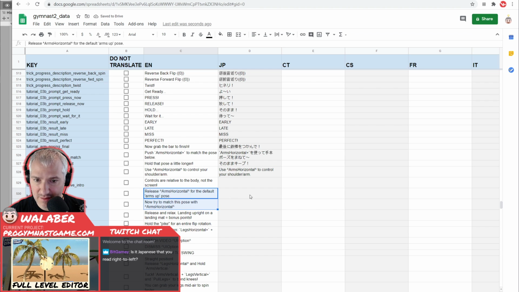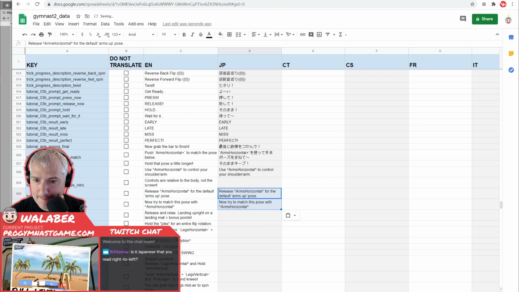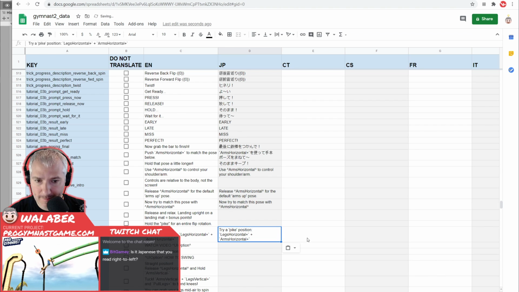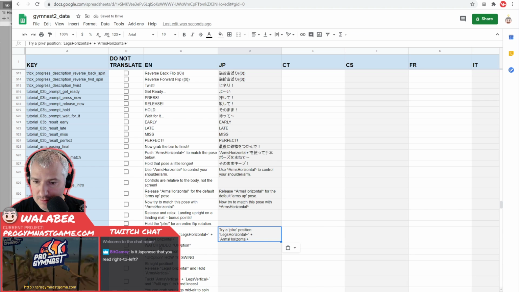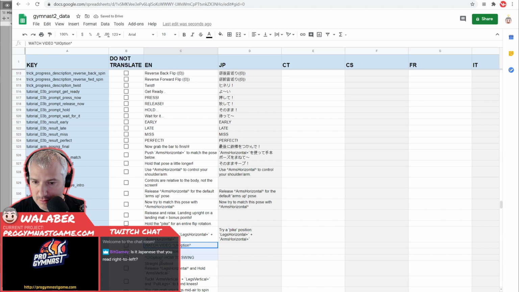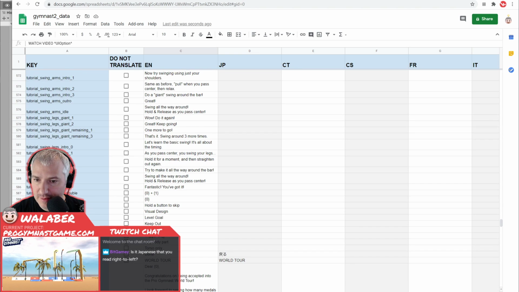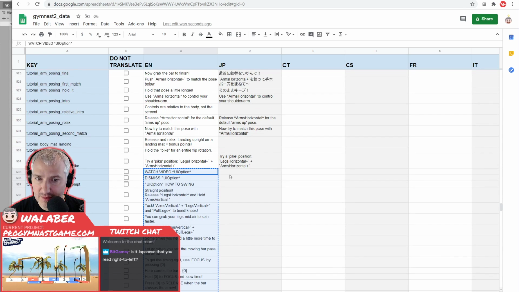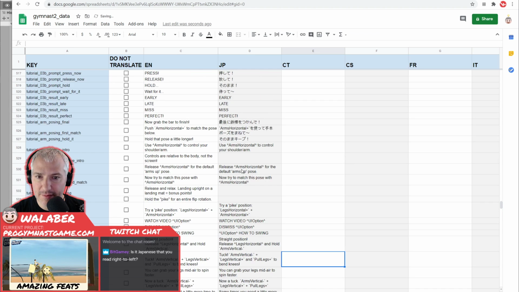Let's grab the ones that have prompts in them and put them in here. Yeah. A lot of these. Here, let's just do this. We're gonna grab all the tutorial text. We're gonna copy it. Gonna paste it into here. Okay, now we can work our way down here. So this is